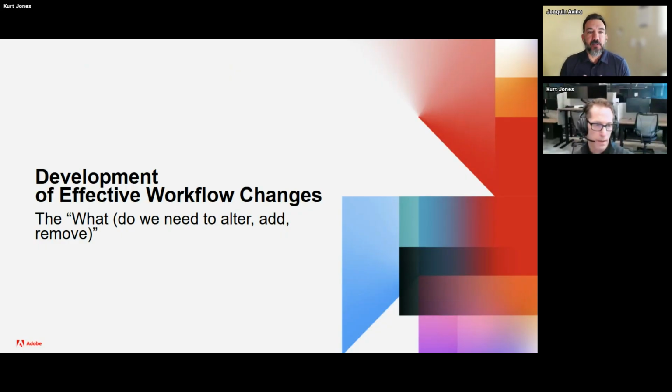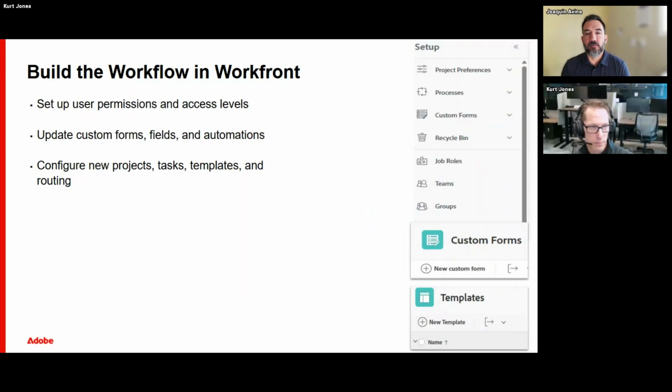So develop the effective workflow change. What do we need to alter and add or remove within the system? So build the workflow in Workfront. This is where, if you're a system admin here today, you live and flourish. I'm not going to go through too much of this, but you understand the building of access levels, the custom forms and fields and automations that you would have, project tasks, templates,